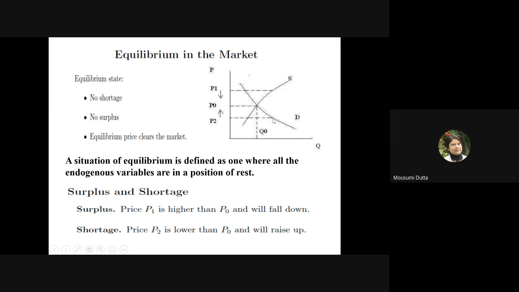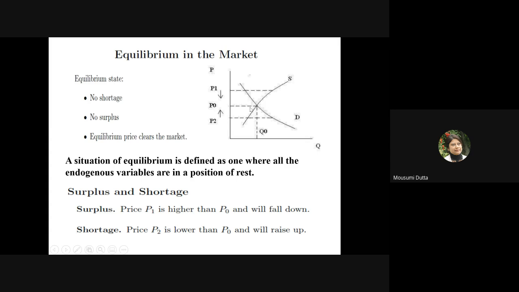Next, if I consider a price like P2, in that case demand is very much greater than supply. So there is an excess demand situation, which we call the shortage situation. Supply is only this much, however, the market demand is this much. So the suppliers will be able to increase the price in this situation. And if the price increases a bit, supply will be encouraged and demand will be discouraged. So as long as the price is less than the equilibrium price, as the price goes up, there will be a continuous reduction in demand and a continuous increase in supply,